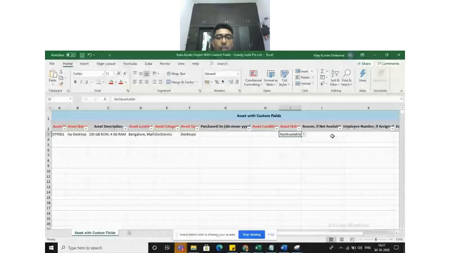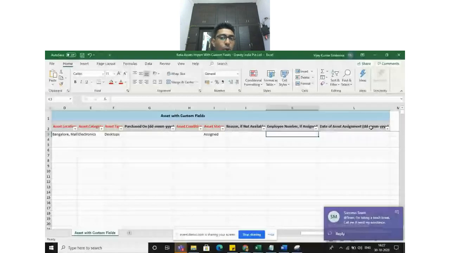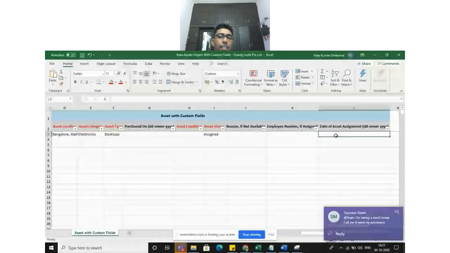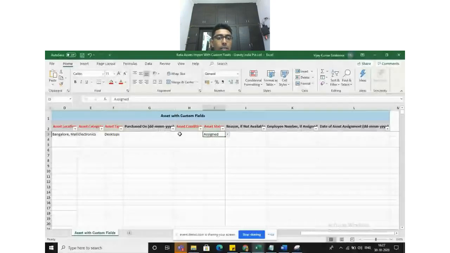If I choose not available, then you can choose the reason why it is not available. If I say that it is assigned, then it will prompt you to give the employee details and the date of assignment. This is how we track the asset: with whom it is, on which date it was assigned, and under what condition it is.